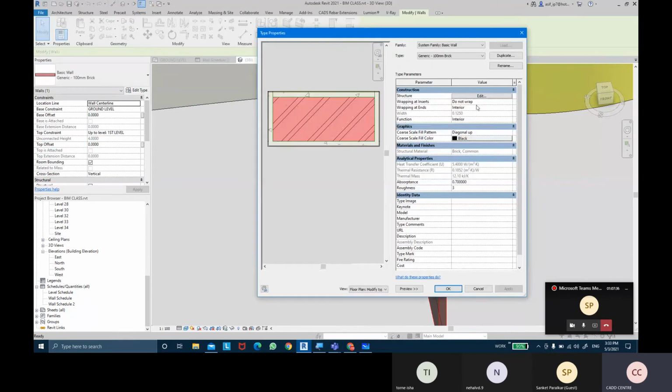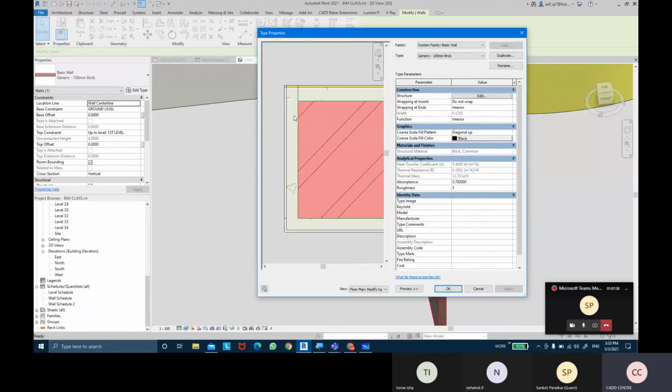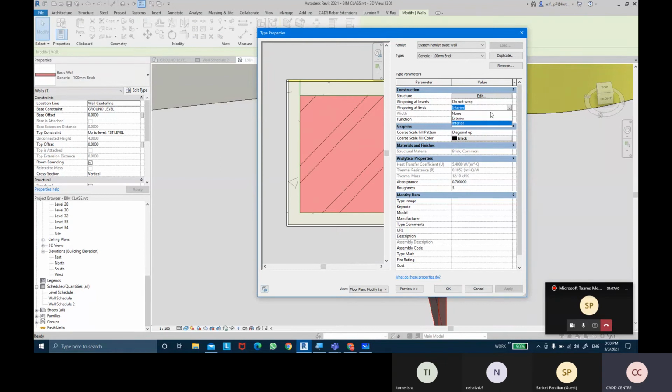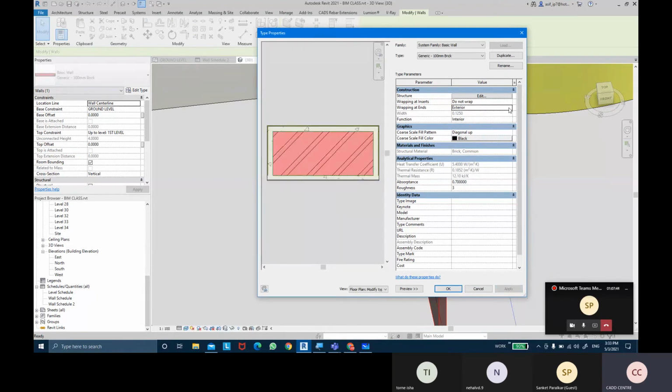Do you want to use the interior wrapping, or the exterior wrapping? Okay, so generally when it's an interior partition wall, I'll always take interior wrapping. If it's an exterior wall, a main wall, I will take the wrapping at ends as exterior.